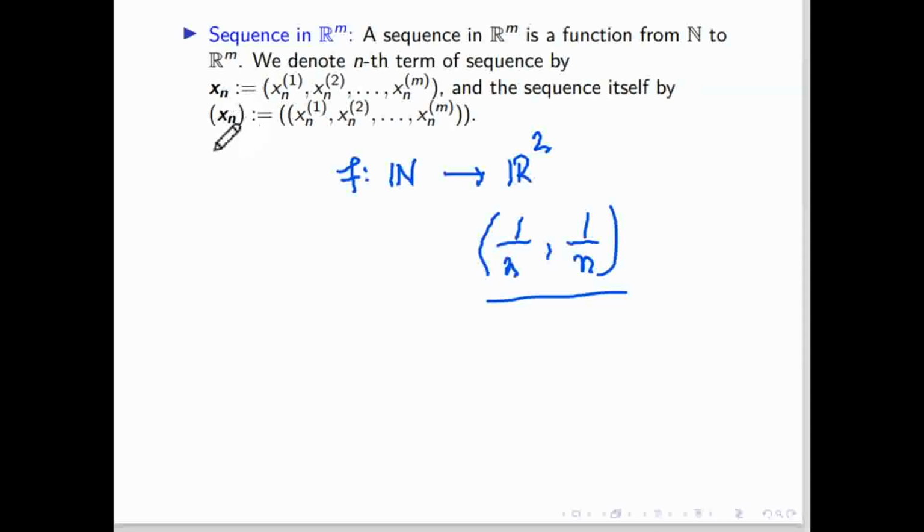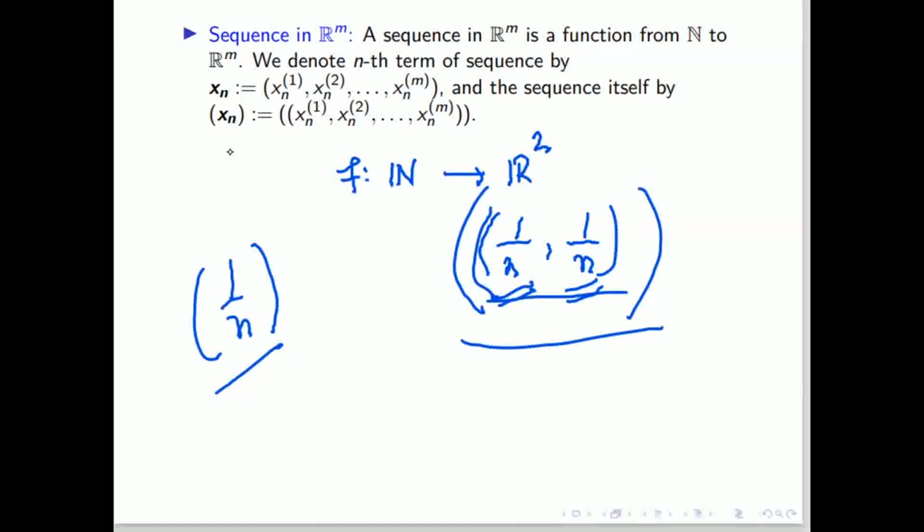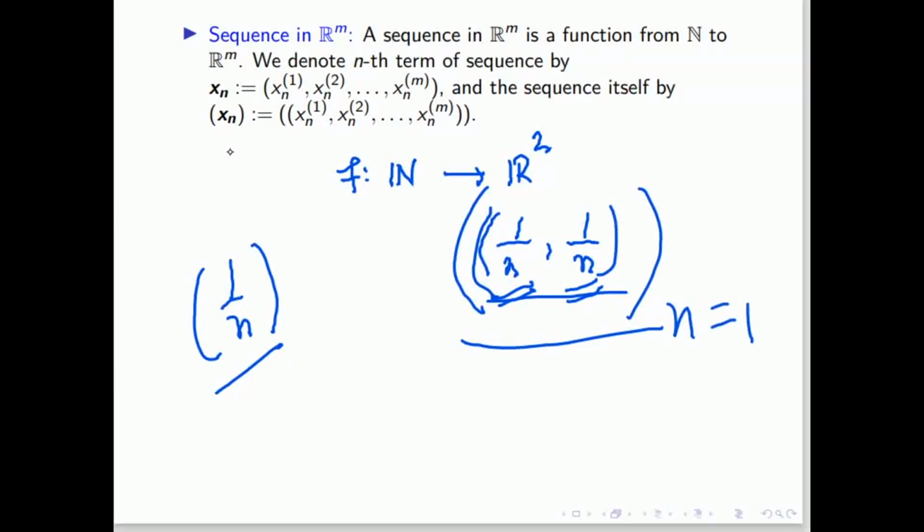It is denoted by this, like we denote a sequence. Here this bracket represents the first component, second component. We put one more bracket, then it becomes a sequence where n runs from 1 to infinity. So this one extra bracket is the representation for the sequence, and without the bracket it is the nth term of the sequence, like (1 by n, 1 by n) is the nth term of the sequence in R2. Is that clear? A sequence in R2 is just each component being a sequence. This one is a sequence, this is also a sequence. Both can be the same, or they can differ.